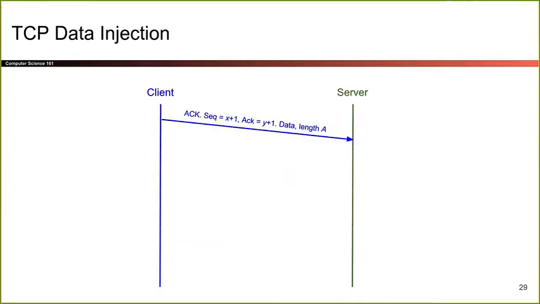So here's an example of injection. Here comes a piece of data, right? The server receives the data. Now here comes the attacker. The attacker sends evil data, and notice that the evil data has to have the right sequence number before, because